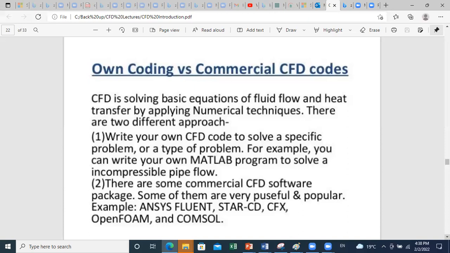But whenever you have a complex geometry, like the case of a car or airplane, it's really heavy to write your own code. Then you are developing again what was done before. For example, ANSYS Fluent took a lot of time to be developed, and a lot of skills and algorithms were implemented in it. So of course, whenever you have a complex problem, it's better to go to a commercial CFD